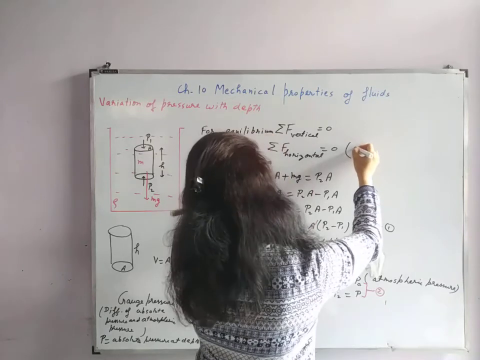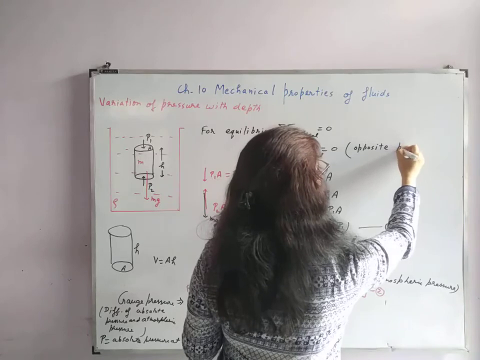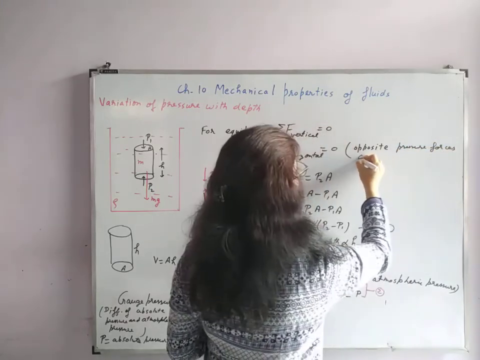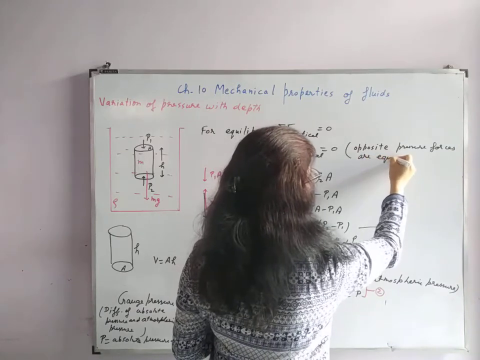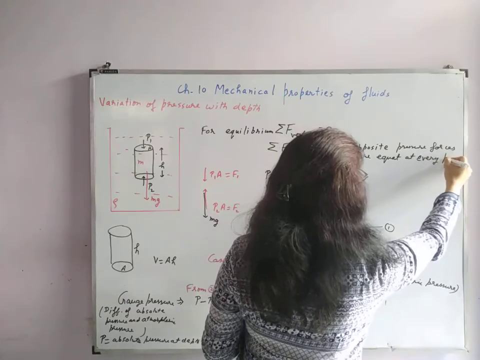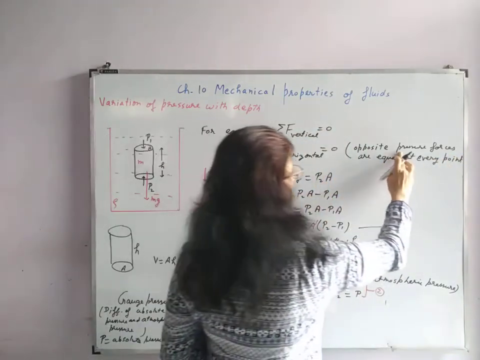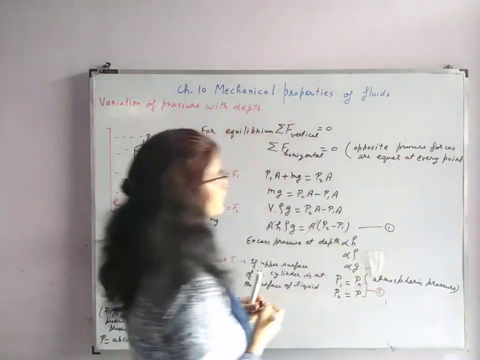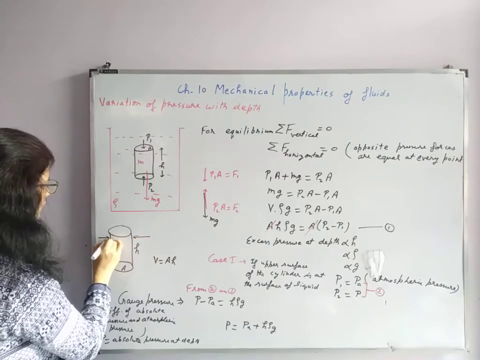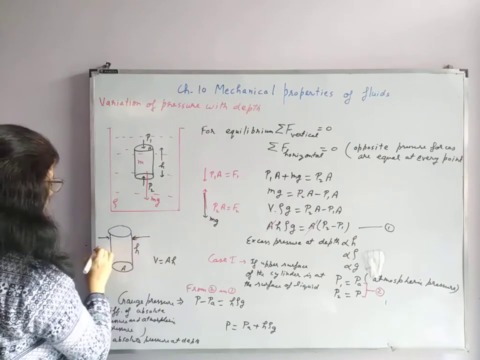Because opposite pressure forces are equal at every point, right? So if we talk about this, this pressure force is equal to this pressure force. So this way these will balance out,